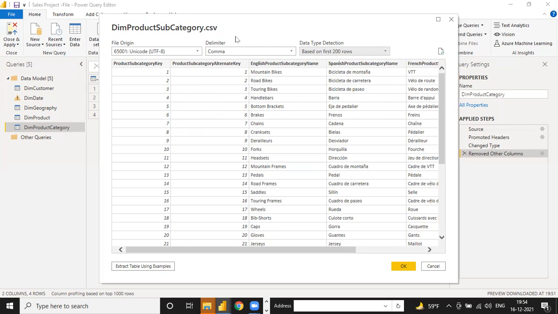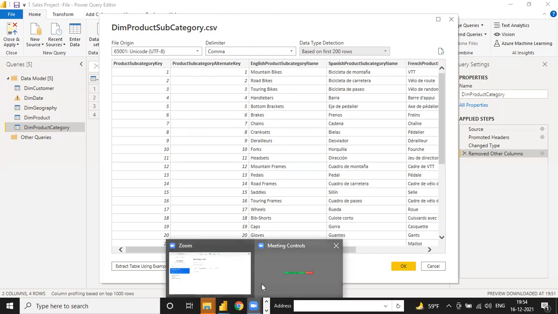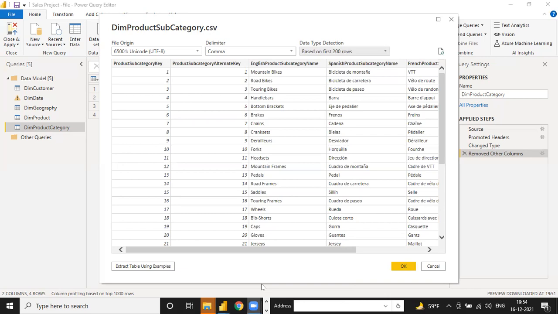Actually, this is just a data preview. It just gives you a preview of what kind of data it is and what kind of data type it is if you load the data. It's just a data preview, nothing else. If you make any change to a column, it will affect the entire column, not just the 200 rows. So I was thinking, if I don't choose the entire row option, then I might not get the complete data.